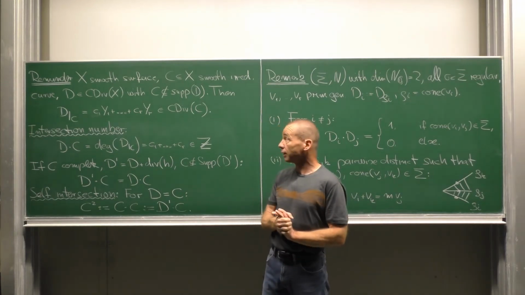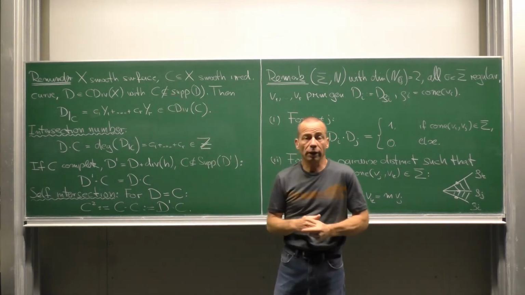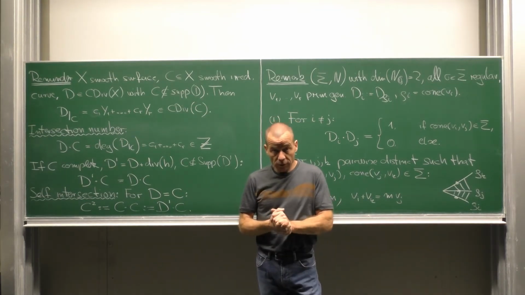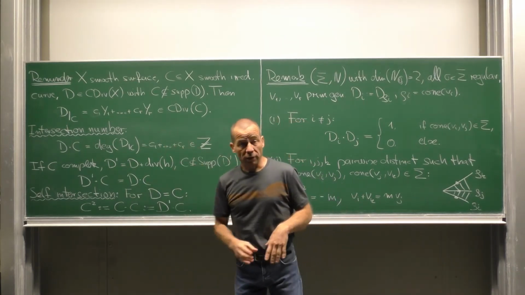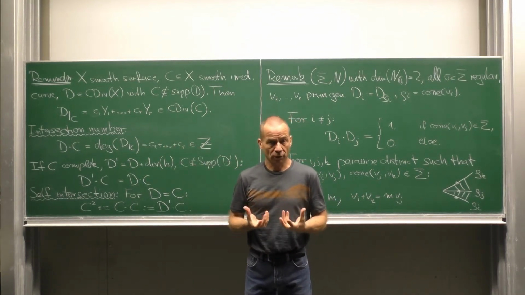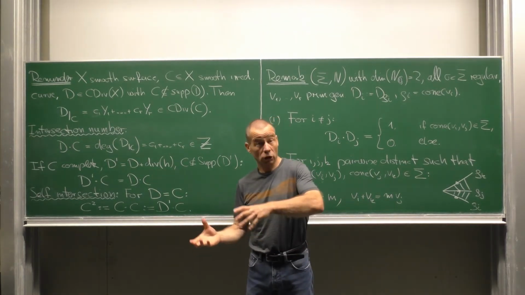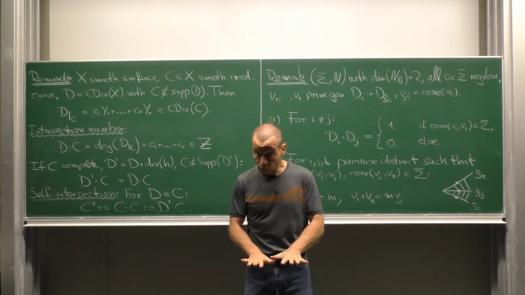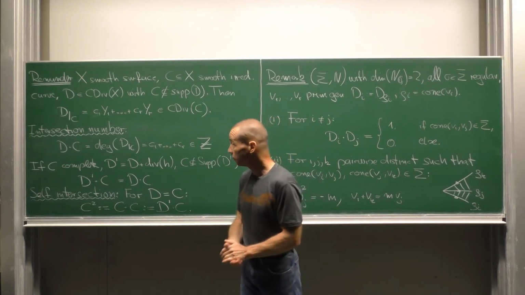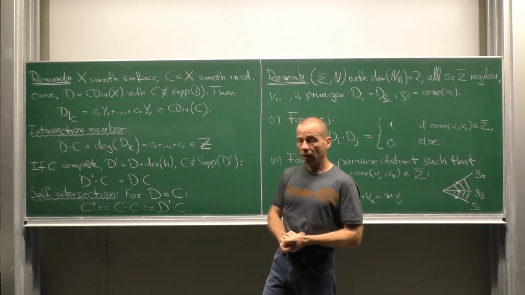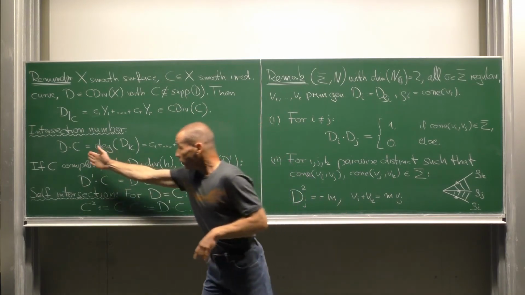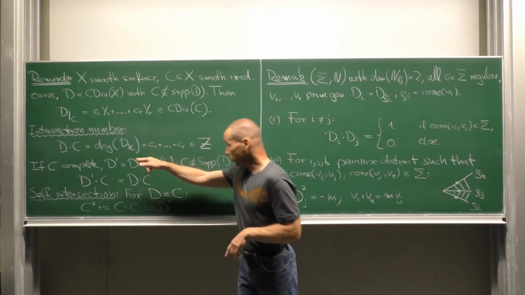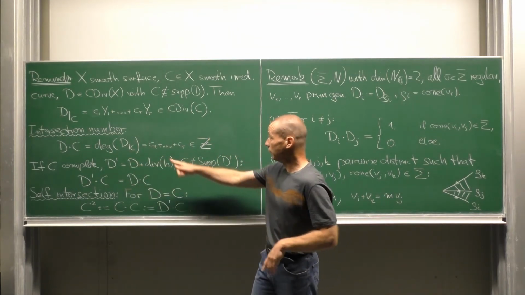divisor D on X, such that the curve is not contained in the support of D, then we can restrict the divisor D to the curve. Remember that D is locally the divisor of rational functions. We just restrict these rational functions to the curve, look at their divisors on the curve and put these divisors on the curve together. This gives our restriction. The intersection number D dot C is defined as the degree of this restriction, and this in turn is just